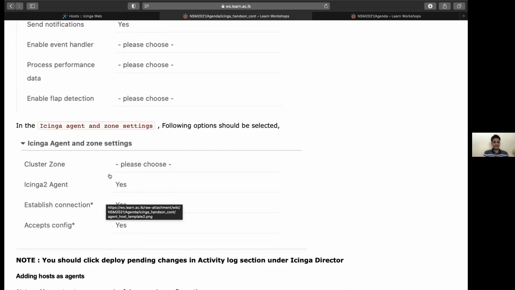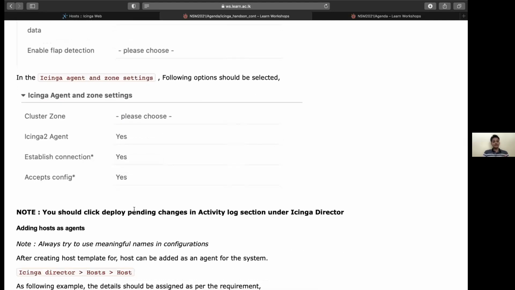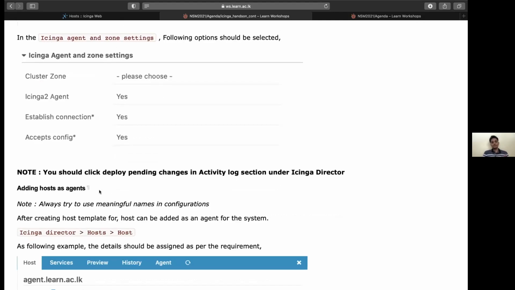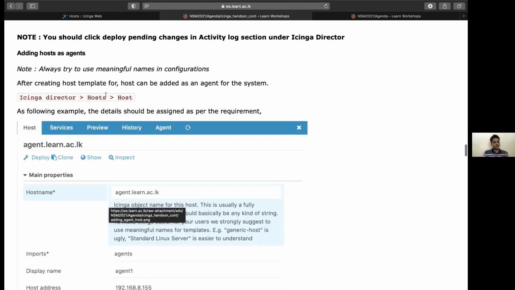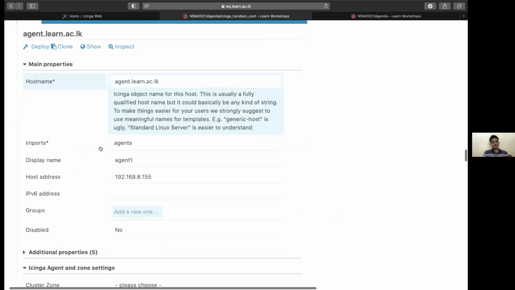Like when we are adding an Icinga agent, yes. And we have to create the Icinga agent and so on settings. And there we should assign these values. And it's done in the master, like the web UI. And then we have to go to the Icinga agent, the host we are going to add the Icinga agent to. And there actually this is how we are adding the host, like we did